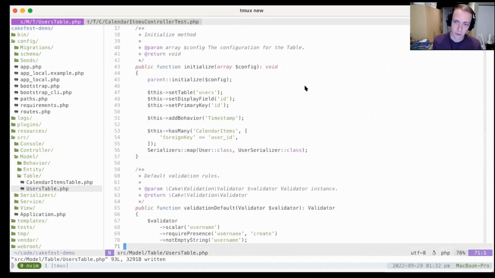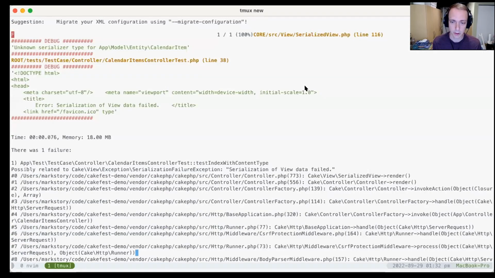Now we've connected the user serializer to the user. If we go back into tests,